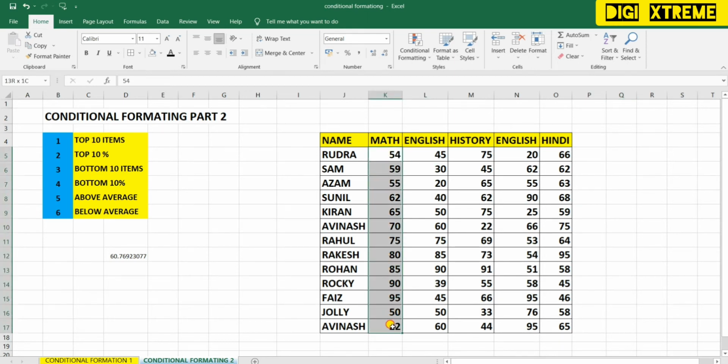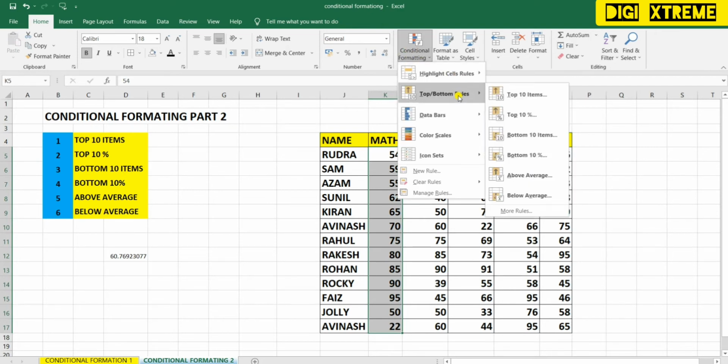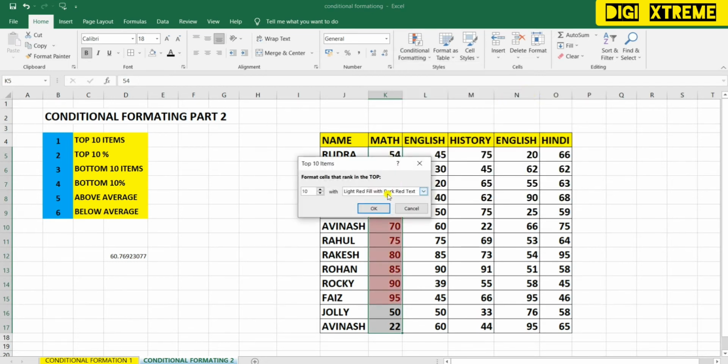So now let me try with top 5. Alright, I have selected the range again. I have gone to top bottom rules and top 10 items. Here I'll make the changes. I want top 5.